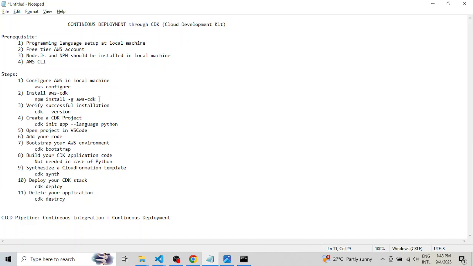Now, what is the next step? As we are going to work on AWS CDK, to use it, first we need to install the AWS CDK package. We can install this by using npm, the node package manager. So for that, simply copy this command,